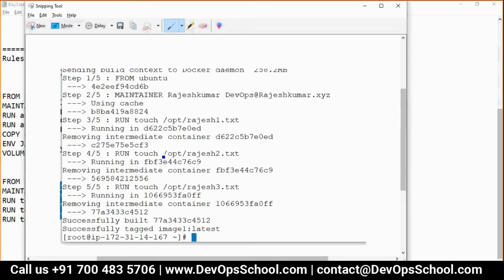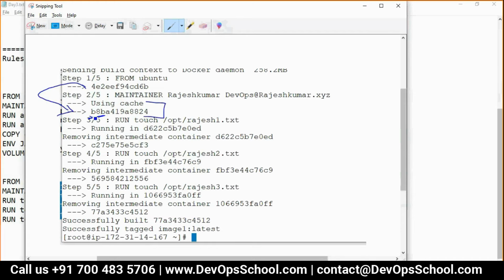So if you now see here, see what they do. It's the same thing you have already done. Let me explain. This is the last layer of the Ubuntu. From there, they create a container. They have used the cache. So just ignore this right now.